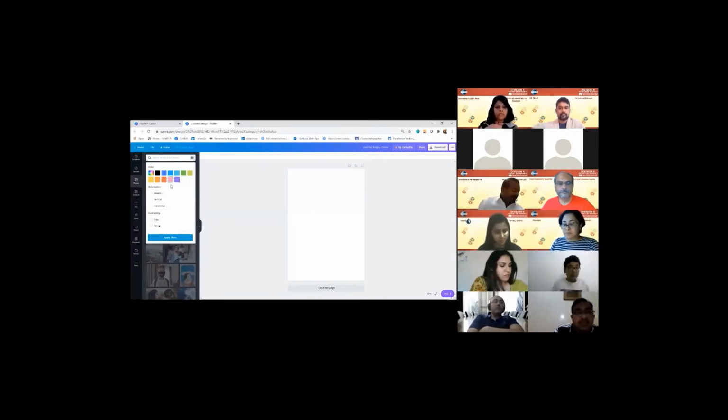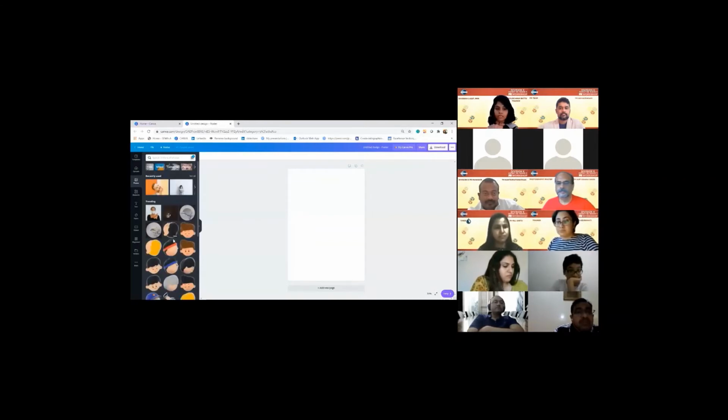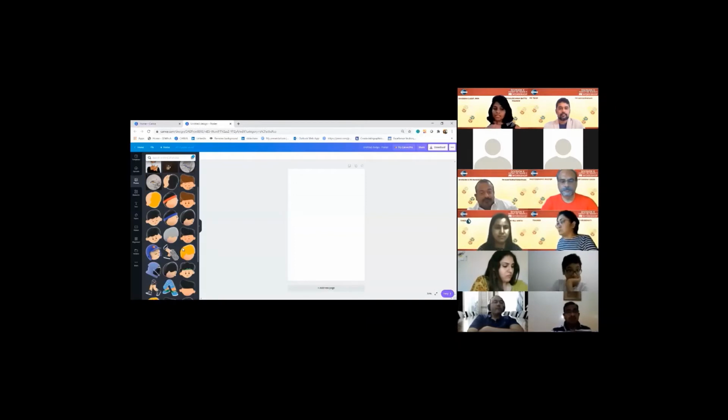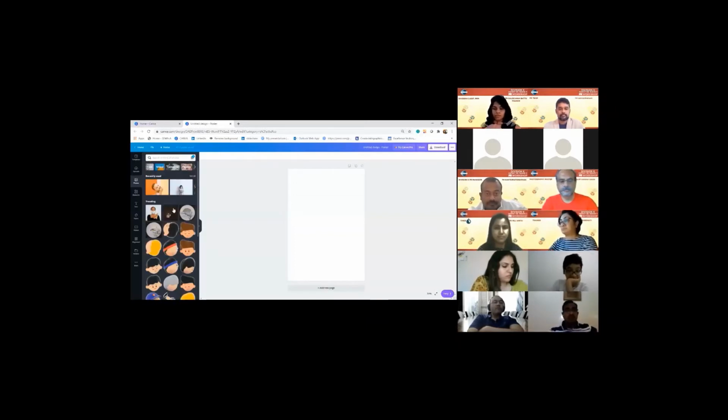Now you want to take a picture which is black in color. You click on the black color. You want to have a picture which is square. You click on square and a free version. When you click this, you would see all the pictures which are in black, but we will not be using these. This is just for information for all of you.